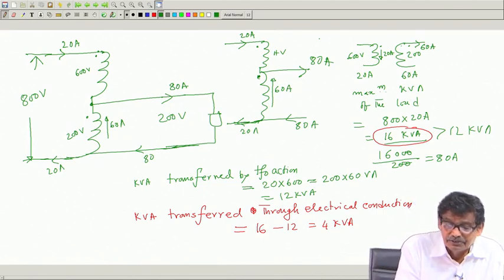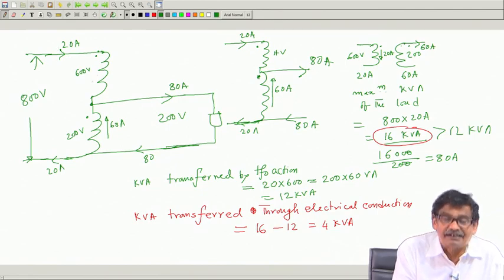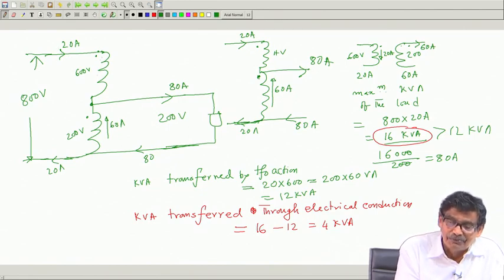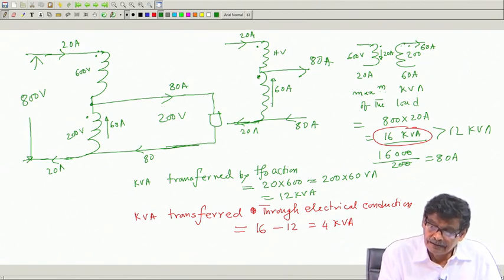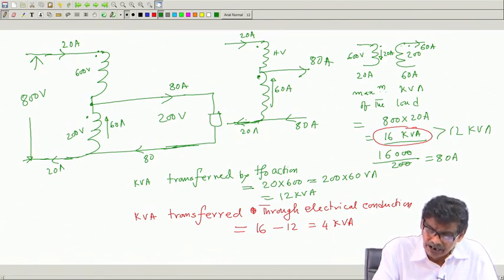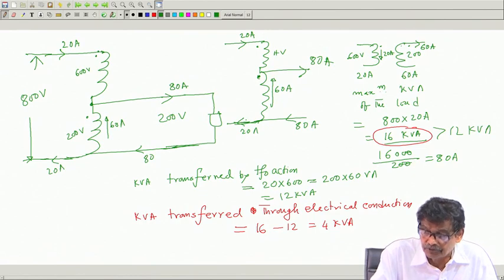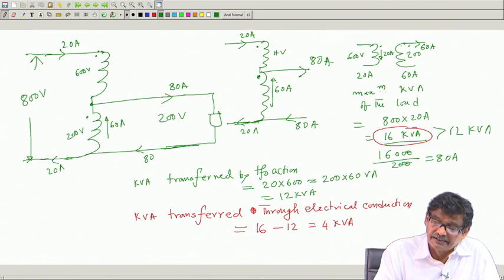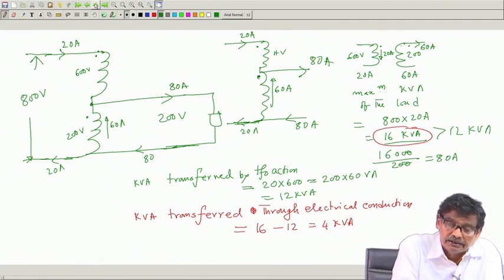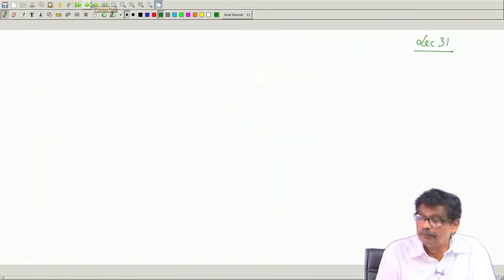The interesting thing is, whichever winding is left out alone, you first fix up that current. I should not allow more than that. The moment you decide that current, the other part of the winding, which has its own identity separate, with no common portion, has its current fixed up, and then the total current follows. Anyway, please try, solve many problems.